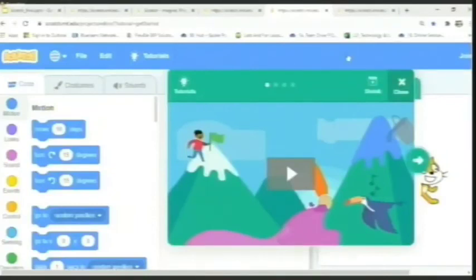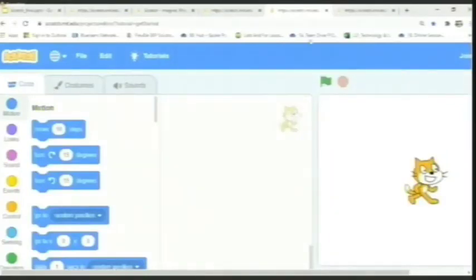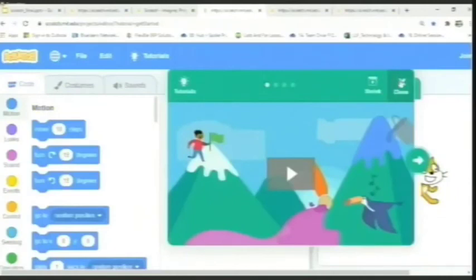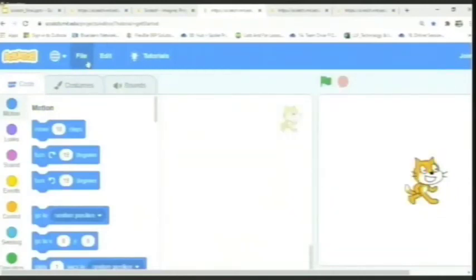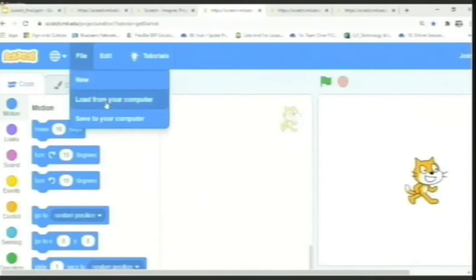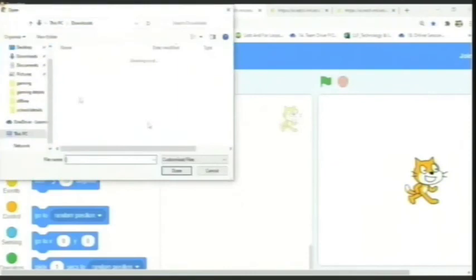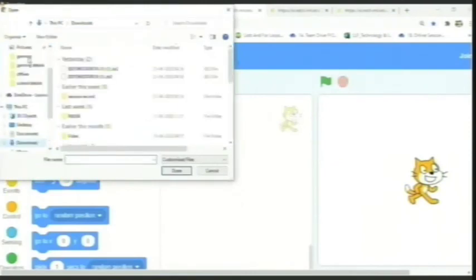Now we have seen how an animation is created, but I would also like to show you the entire picture of what an animation looks like. When you put all these bits and pieces together and run it all together, you will see the complete result. So let's quickly see a small video on how an animation looks. I have a small project created for you. So let's go to File, and I have a couple of programs which have been done on my system. So I'm going to load it from my system and then show you.